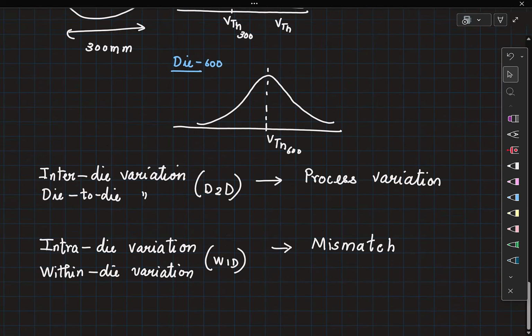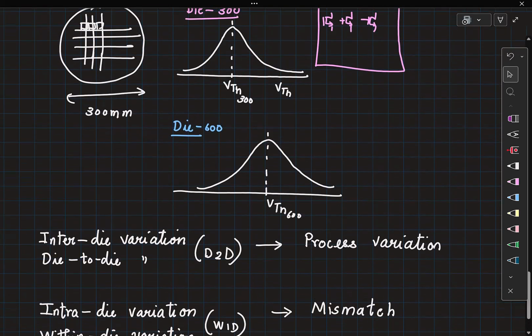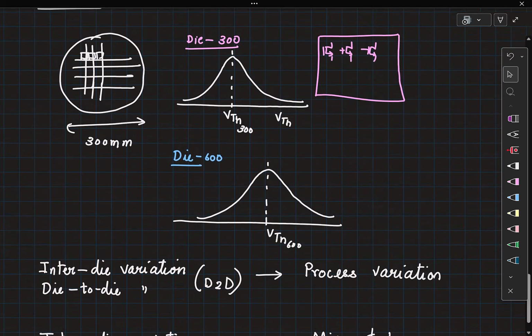Now one more part is, like I said, it is not possible to have all transistors within the same die have the same properties, but it is possible to match a handful of transistors to have similar properties. We say you can match some n number of transistors. To do this, you need to place these transistors very close to each other, and you typically have larger areas for these transistors, and you also make sure that they see a similar environment.